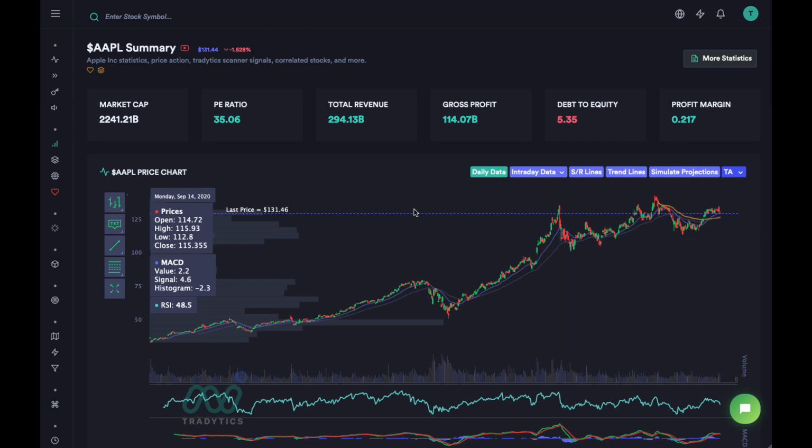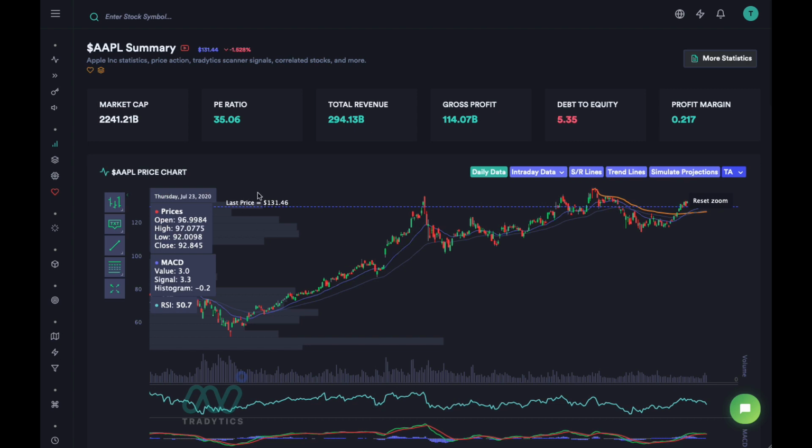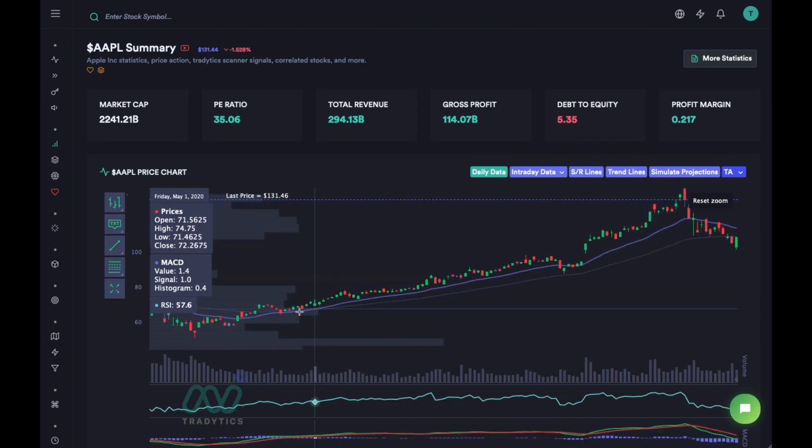Another great reason why moving averages are so good is because moving averages can act as dynamic support and resistance levels. So you can see that at the 50 moving average the price dipped down. Where did it dip down? It dipped down right on the 50 moving average. You can see here as well, for many days the price dipped down on the 50 moving average,